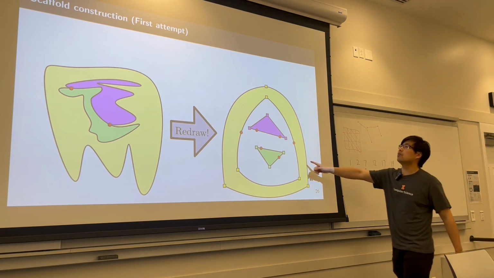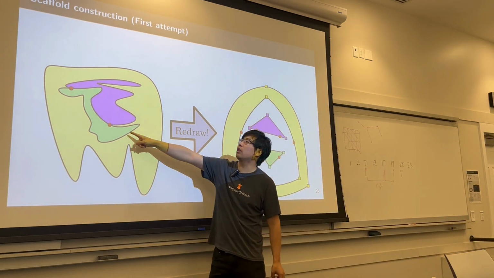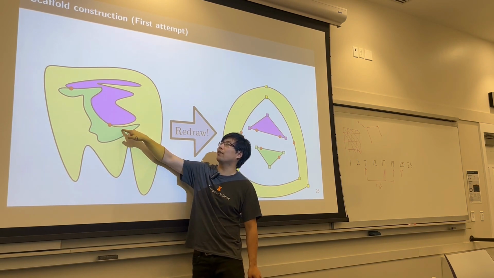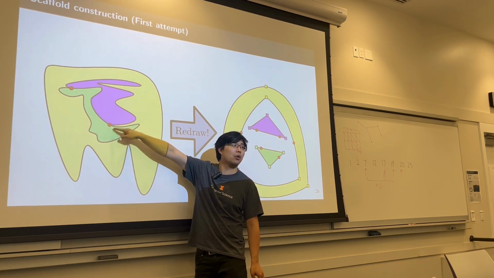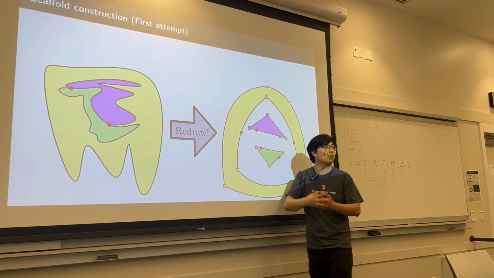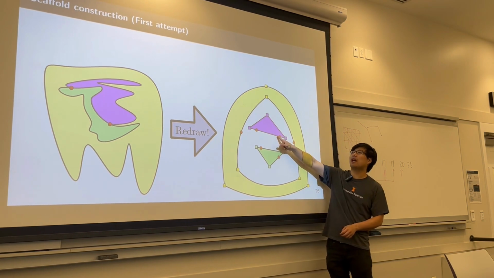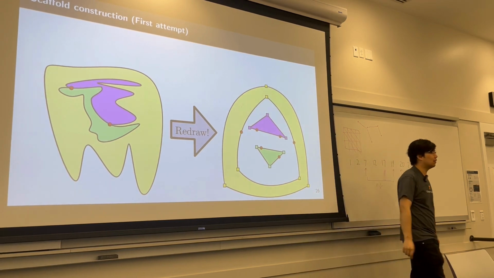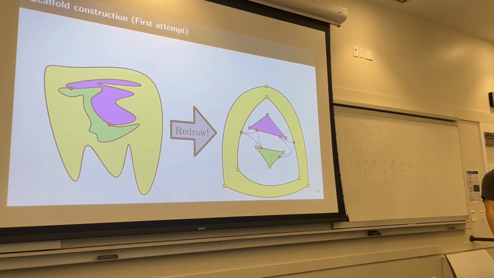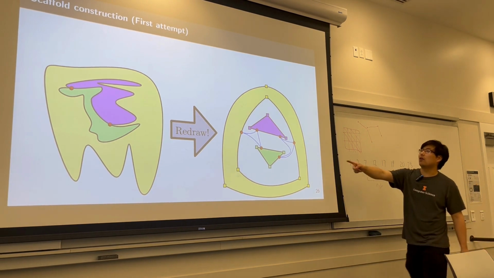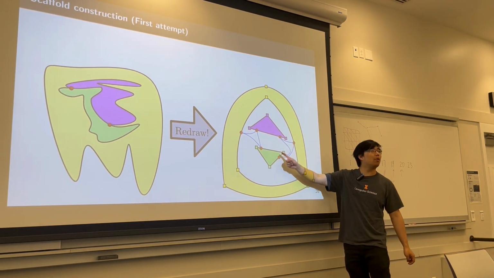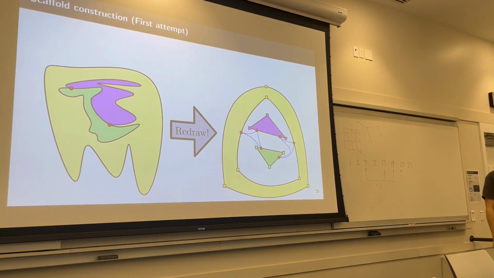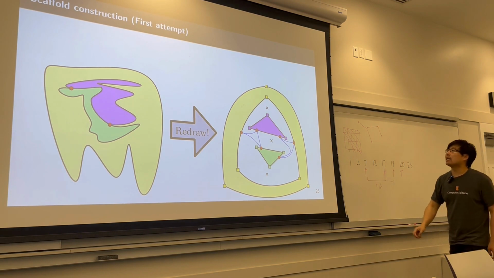And what you can do is you can look at sort of the critical points in these regions. Like this is sort of a joining of 3 regions, the purple, the green, and the yellow. They all meet at this one point. And then you can identify the corresponding point in this redrawn triangle. And they all correspond to maybe the same point. So maybe you want to draw them together, connect them together with an edge. And